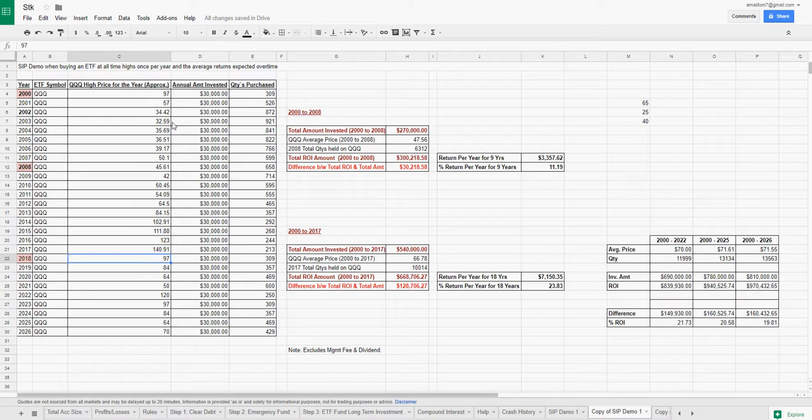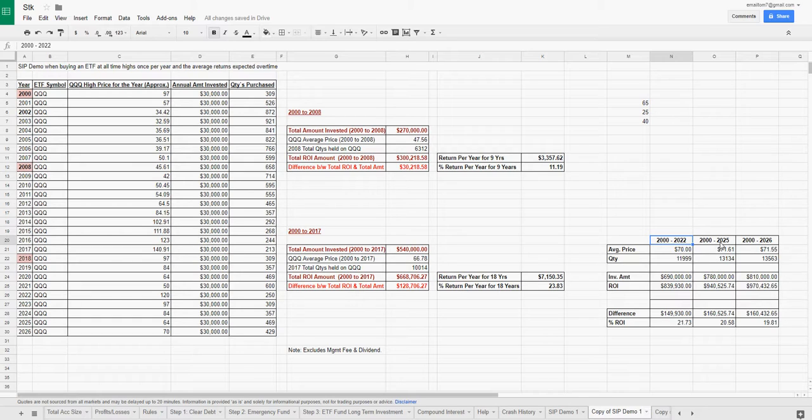I believe this was 2000 highs, so I changed it to 2000 highs, and I started reducing the price of my ETF. Simply randomly, I reduced it, but I never put it all the way above 2017. I wanted to make sure the recovery wasn't happening that well. So just an imaginary number, but below what the QQQ fund performed in the last 3 or 4 years. So even with that, overall, my return was still 21%.